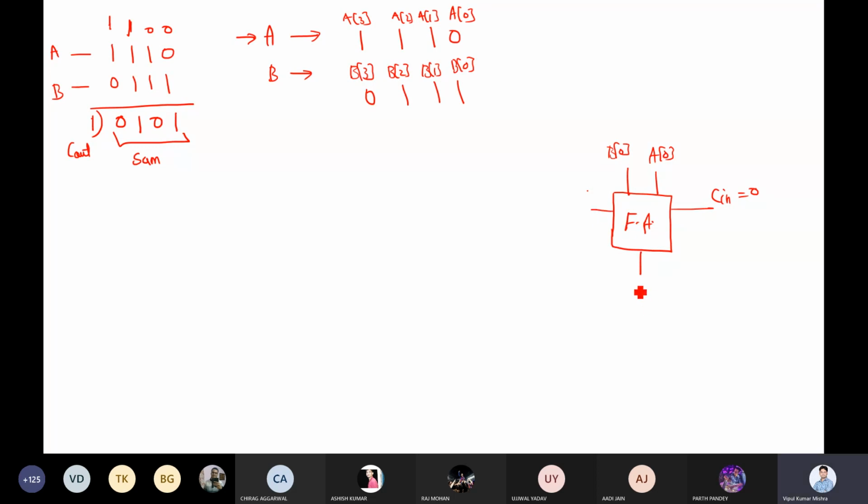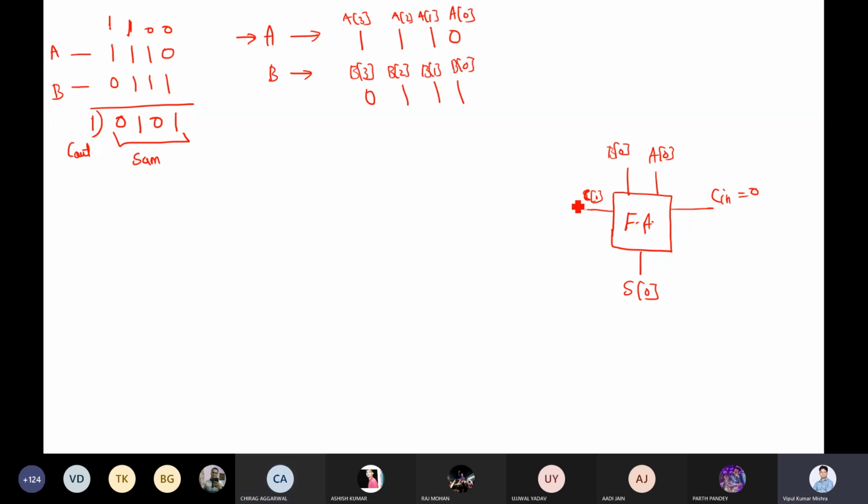It will contain two outputs. One I will call sum of 0 and the other I will call carry of 0. Can a full adder do this? Now I'm taking 1 bit only. Does the full adder have the capability to add A0 and B0 and produce S0 and C0? Yes or no? Yes, sir.